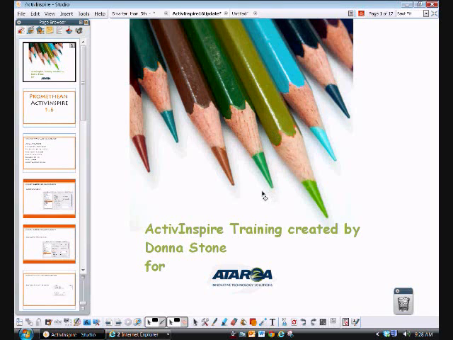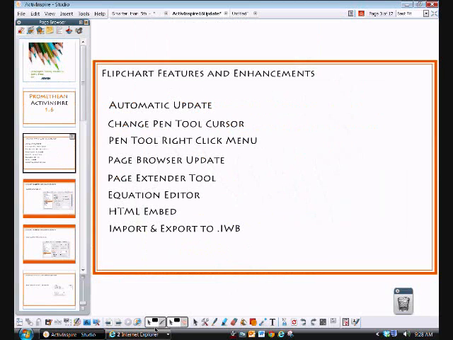This is just going to be a quick review of the new features in the ActivInspire 1.6 update. Some of the new features that I'll review with you in this quick video are the automatic update, the changes with the pen tool, being able to do some things with your page browser, the great page extender tool, which you're going to love, the equation editor, which is fantastic, especially for our math teachers, being able to embed HTML code into your flip chart, like a live Twitter feed, or a question of the day, or a YouTube